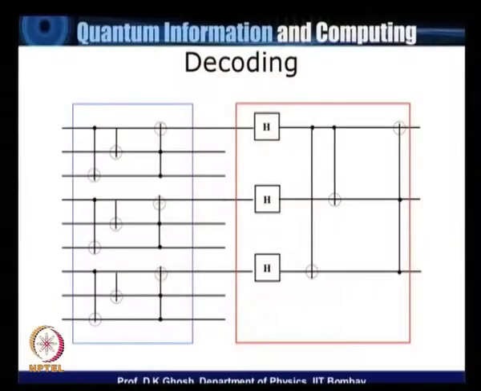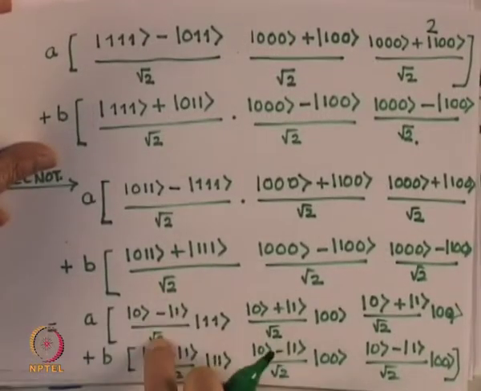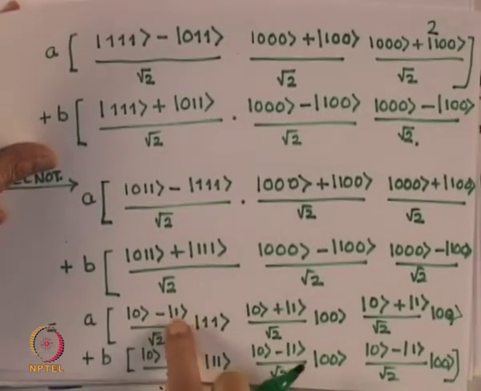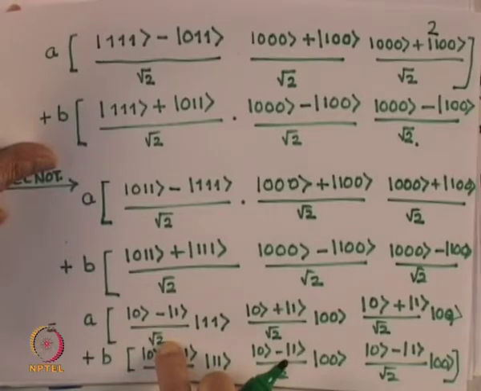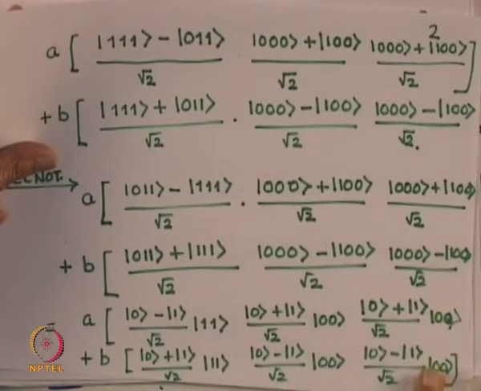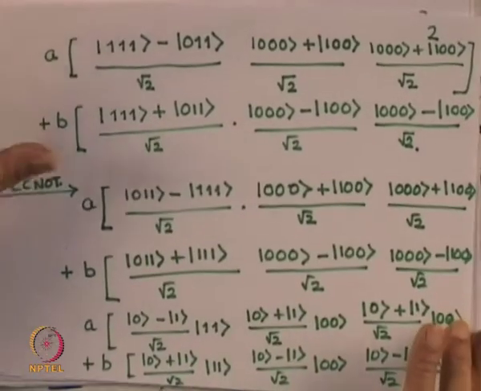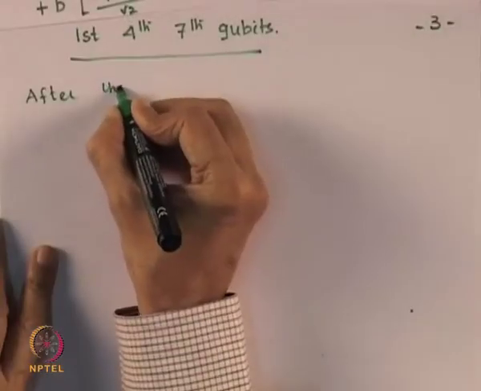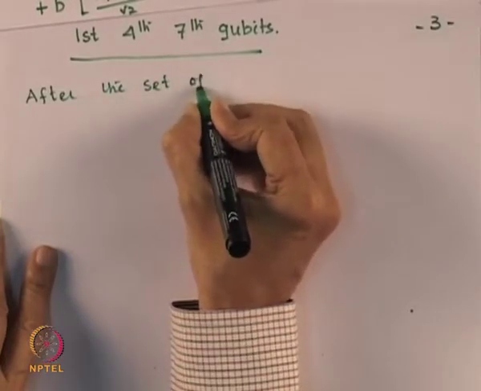If you look at the slide again, you notice that on each one of these, I have introduced a Hadamard. Look at what the Hadamard is going to do. A Hadamard applied on qubit number 1 is going to make it a 0, because this is 0 minus 1 by root 2. And on this term, it's going to make it 1. And these things I will ignore. They will remain what they are, because nothing has been done to them. So therefore, after the set of 3 Hadamards,